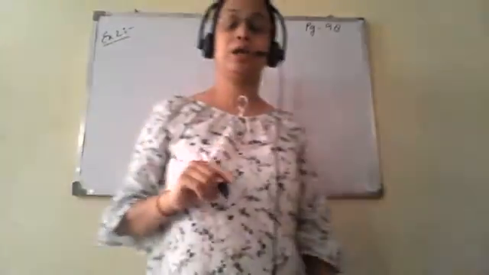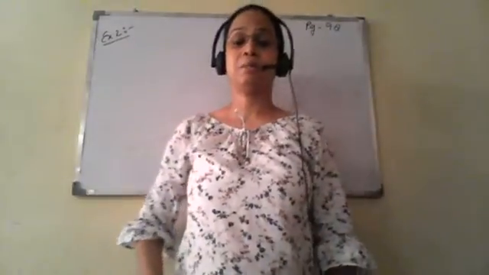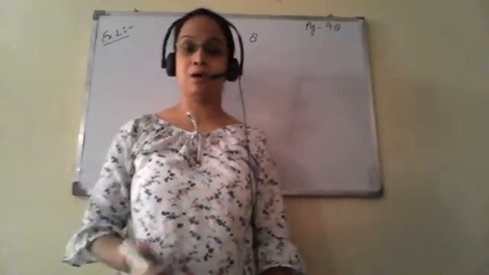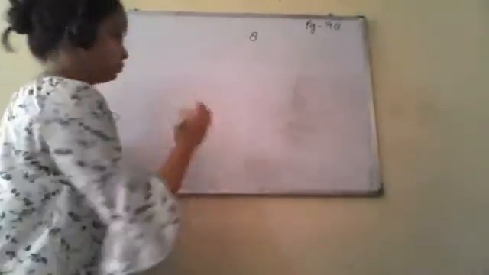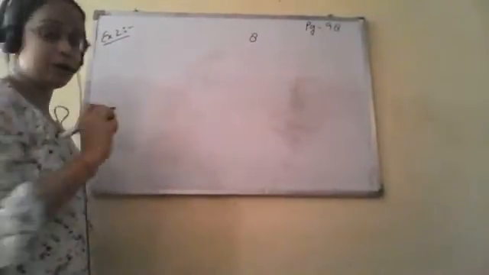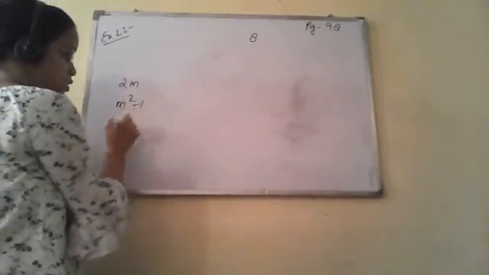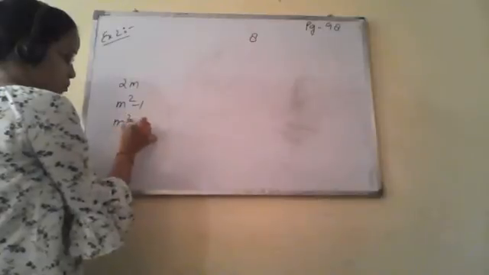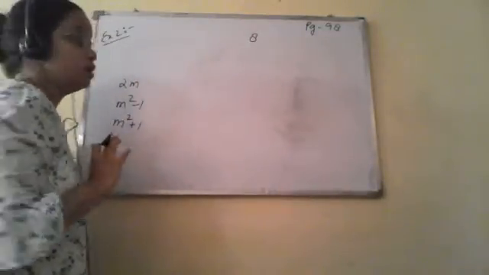One number they will give and you have to find the triplet, or you have to find the rest of the 3 numbers. They can mention it as the smallest number or the biggest number or anything which you have to find. Now, in the Pythagorean triplet we have 2m, m square minus 1 and m square plus 1, and we have taken the squares as they have explained in Pythagoras theorem.